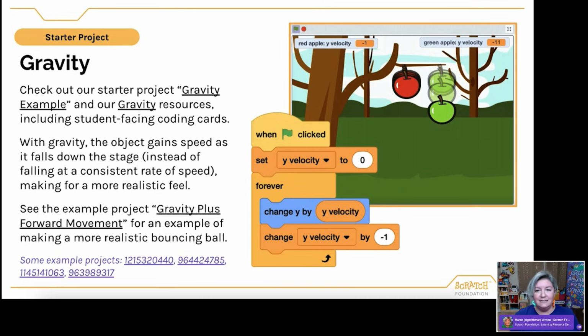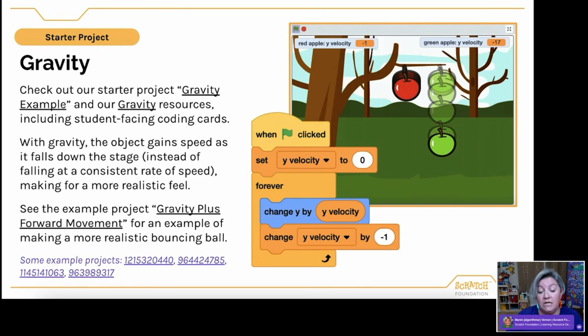But it also gives it that realistic feel. And now we're also making some connections with science and math. So those great cross curricular connections again that we can bring in even as we're creating something like a game in Scratch. Maybe you want to temporarily reverse the gravity. Flappy Bird is a very popular style of game that I'm sure you've seen, where pressing a keyboard key temporarily reverses the gravity. Those are wonderful examples of more ways that you can add that complexity.